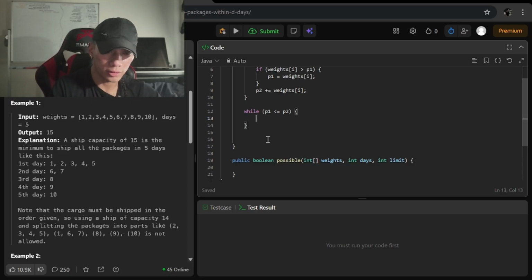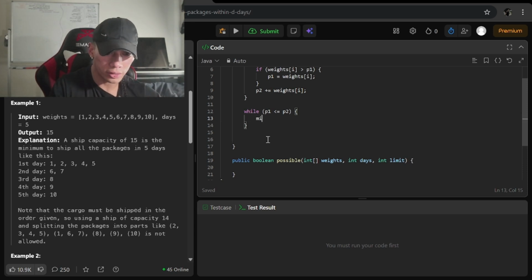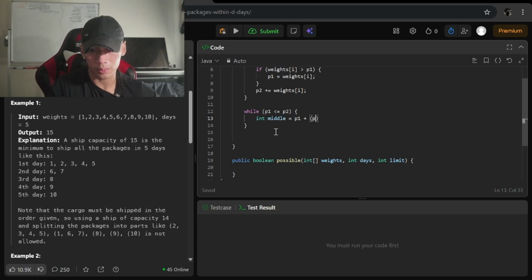While P1 is smaller than P2, we will calculate possible with middle. We'll calculate middle first: middle equals P1 plus (P2 minus P1) divided by 2.